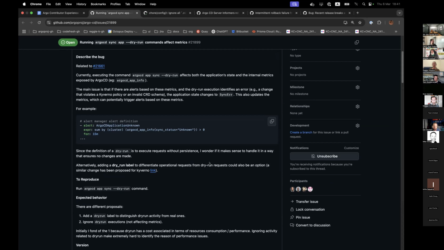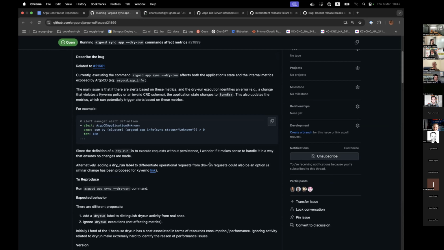One proposed solution was to just add a field to the last sync status field to say this was a dry run. I don't really like that. I think that having the historical information of the last actual sync on the CR is valuable. I don't think people should have to update all of their notifications logic to exclude changes that have the dry run set to true. I think there should be a dedicated field in the app status for dry run output.